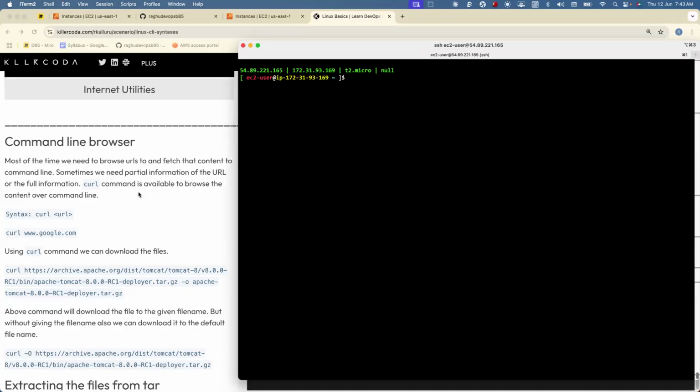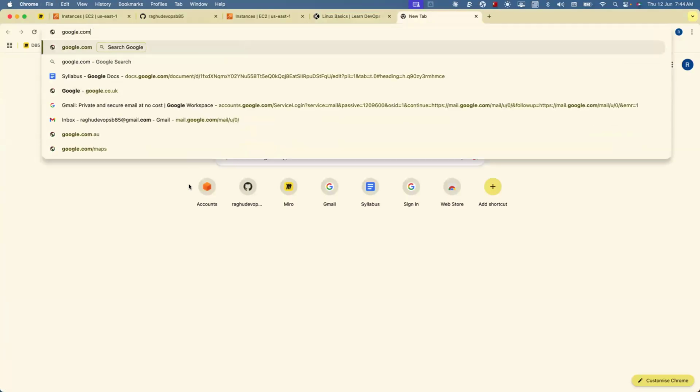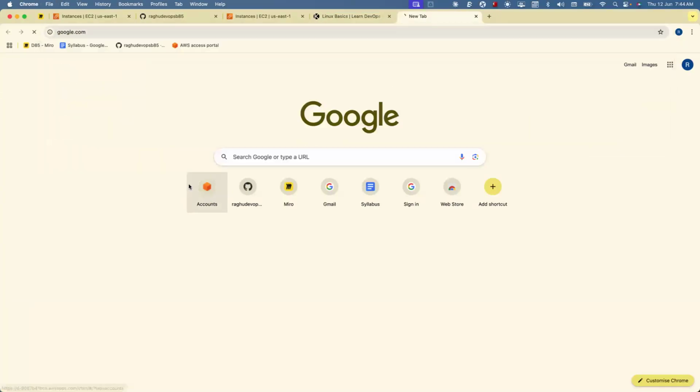So curl is like any other browser you have. It will help you in downloading the content. But Google Chrome or Firefox are more like UI browsers, whereas this is a command line browser, and it will show you the raw content. The browser you get on the UI is going to convert your code into a graphical kind of thing. So what I mean to say is, you went ahead and, let's say, opened www.google.com,